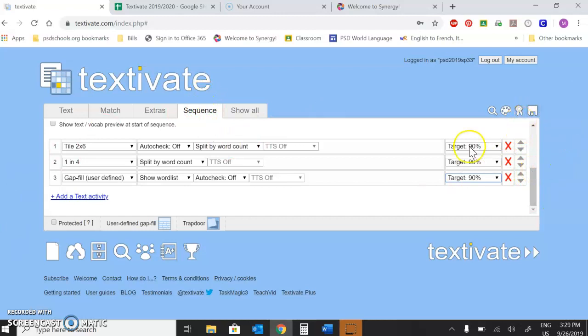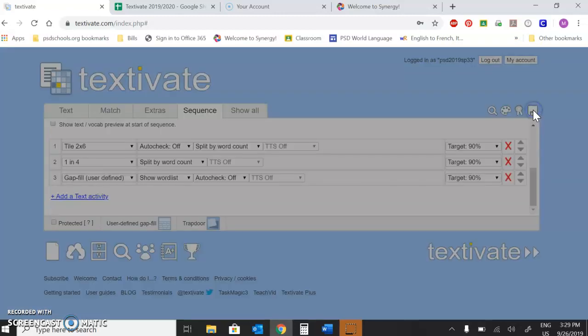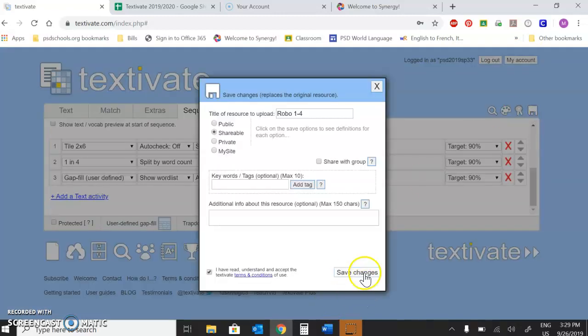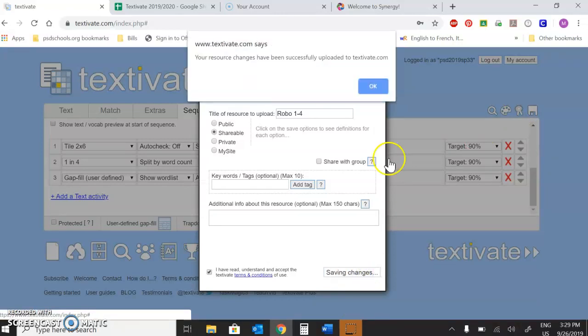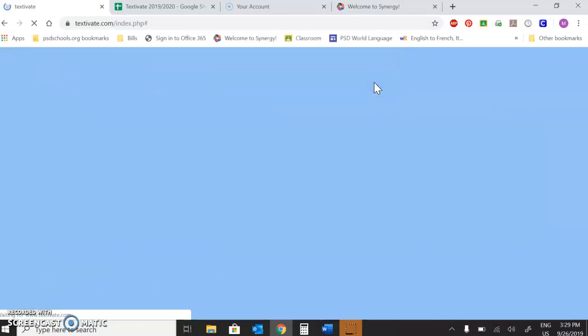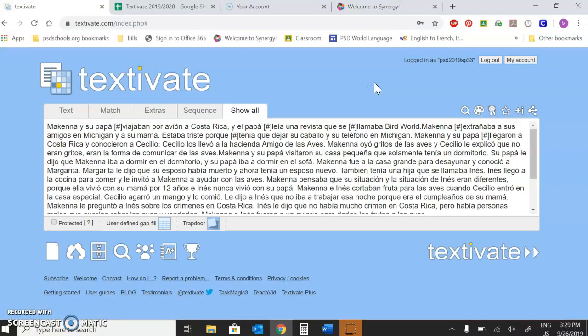Again, as we noticed before, we clicked here to save, but we can also just save right here with this save icon. Save changes. Great. Okay. Now all my changes are saved. So now when I share the link with my students,